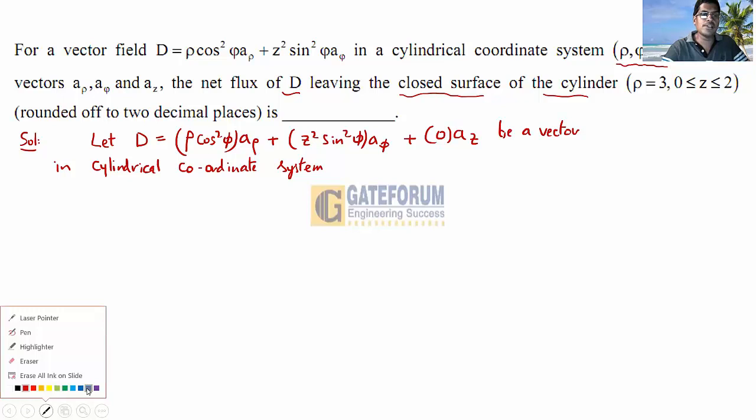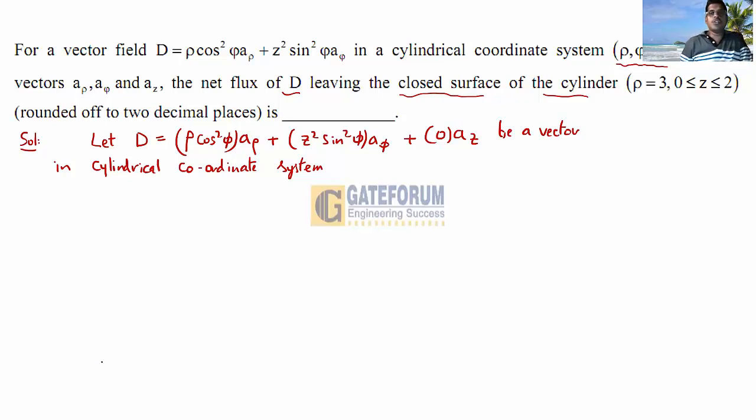So I am denoting the components along a rho, a phi, a z respectively: this is D rho, this is D phi and this is D z. Okay, D rho, D phi, D z are the components of the vector D along the unit vectors a rho, a phi, a z. Because we are going to apply the divergence theorem to the given closed surface,